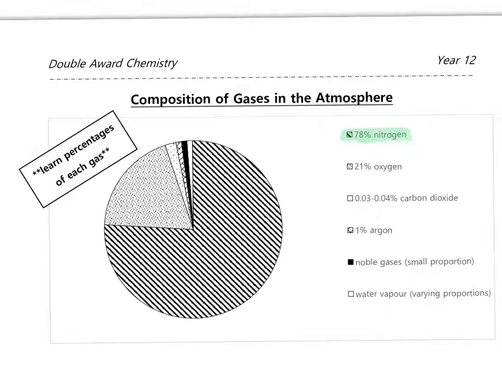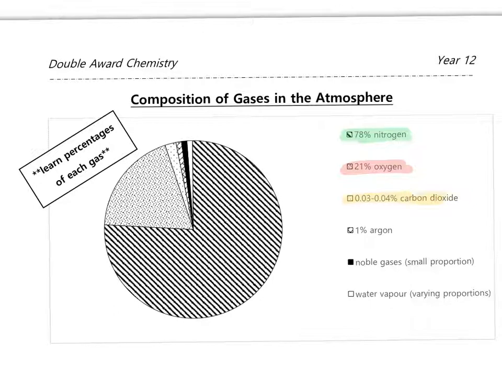Nitrogen is a very unreactive gas, as we'll see. We don't need it as such for respiration or anything like that, but because it's such an unreactive gas, we essentially breathe it in and breathe it out. If you look at the comparison of the percentage of air that we breathe in and air that we breathe out, the air that we breathe in is 78% nitrogen, and the air we breathe out is 78% nitrogen. That means our body doesn't use it or doesn't make it during respiration. So it's 78% nitrogen, 21% oxygen,